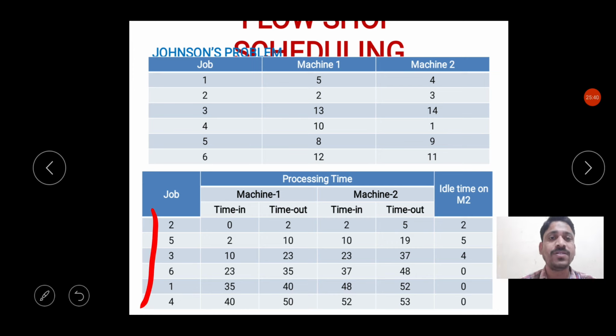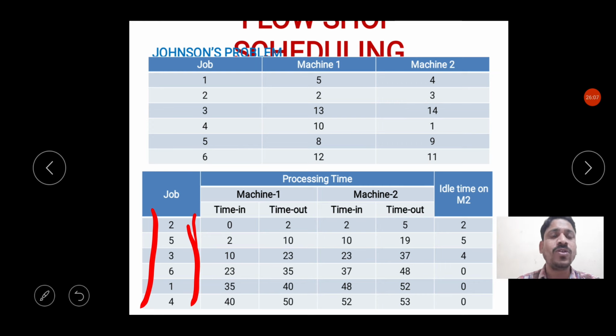253614 is our sequence. Every job is first to be processed on machine 1 and then shifted to machine 2. So machine 1 has no need to wait for any other machine to finish the work. Whatever time the previous work finishes, immediately it can start the new work. So first let us finish machine 1. On machine 1, this is the sequence, so no need to check again what the next job is. So the first job is job 2.